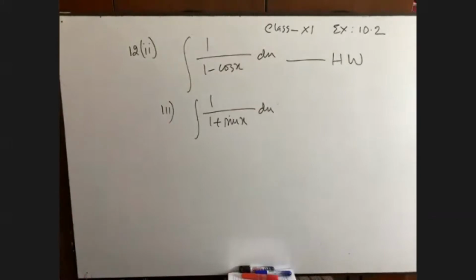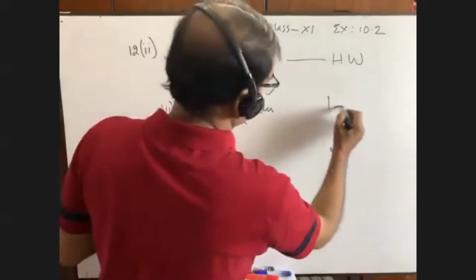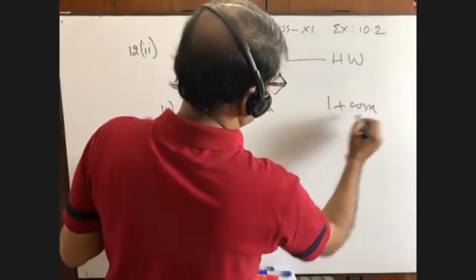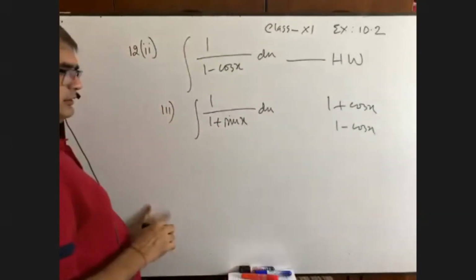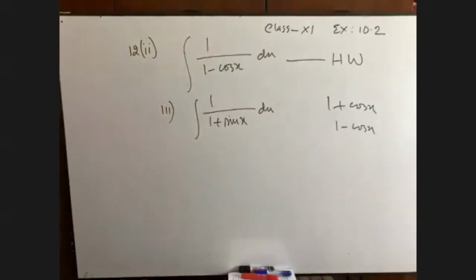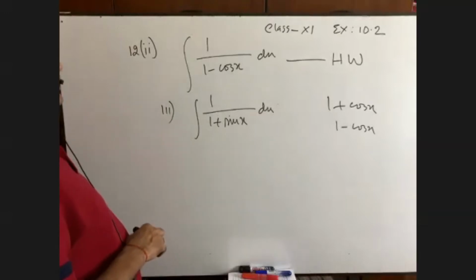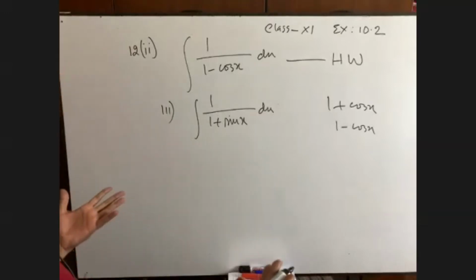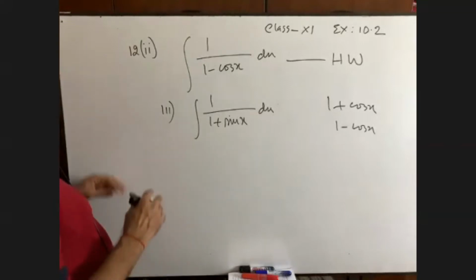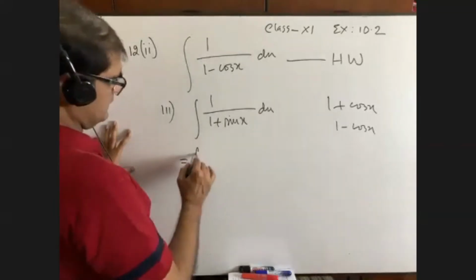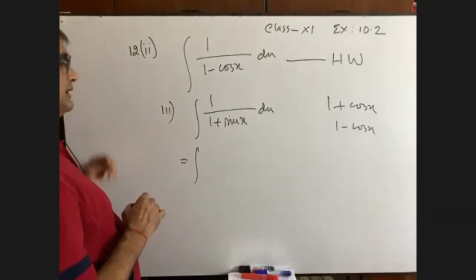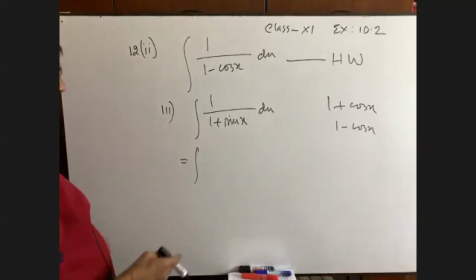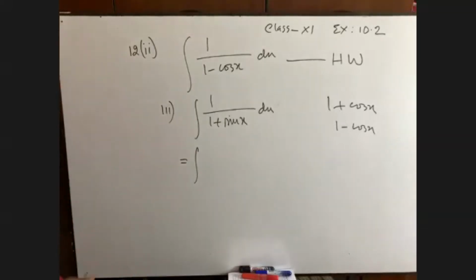You see, we know this formula for 1 plus cos x and 1 minus cos x, but we don't have any formula for 1 plus sin x. Yes, we have. That is sin x by 2 plus cos x by 2 whole square. But it does not make sense here. So what will we do? In doing maths from derivatives, we got this type of math, about 4 to 5 maths.